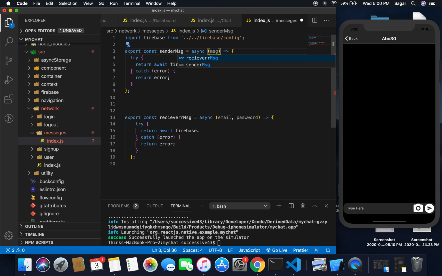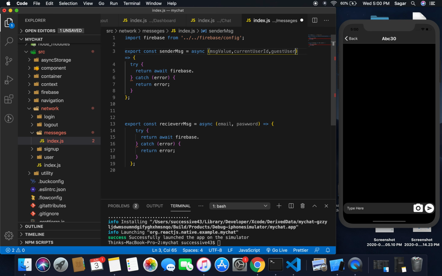First of all, they need a message value, what message they need to send. The next field they use is current user ID, and the next field is guest user ID, and the next field, if there is any miss, we can simply send there. So okay, just write comma for now here. Copy all of these params,